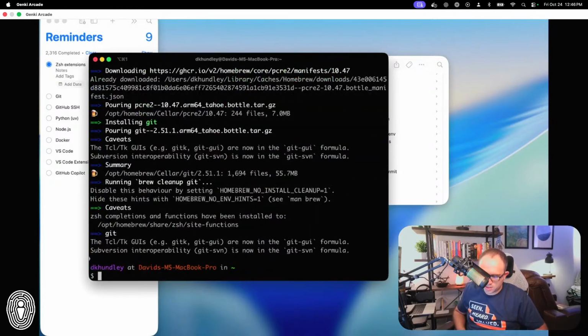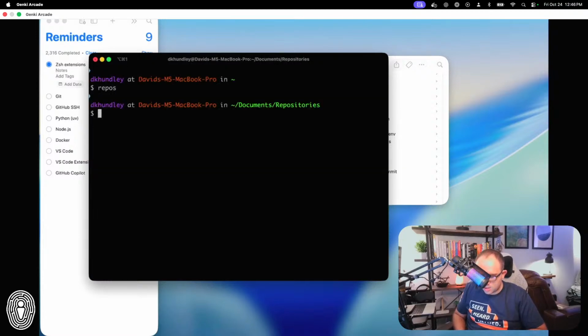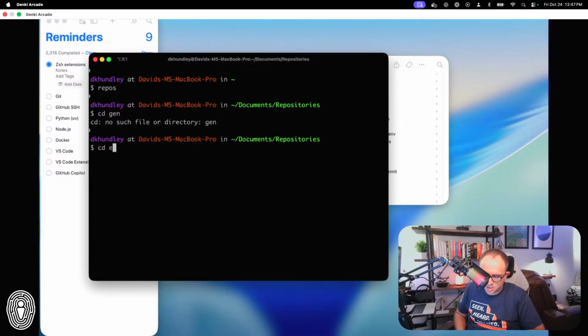All right, we'll give that just a second. All right, so Git is now installed. Now, this is where I was starting to get ahead of myself, but I want to go ahead and show this now. So I'm going to show this directory. Oops, cd gen ai